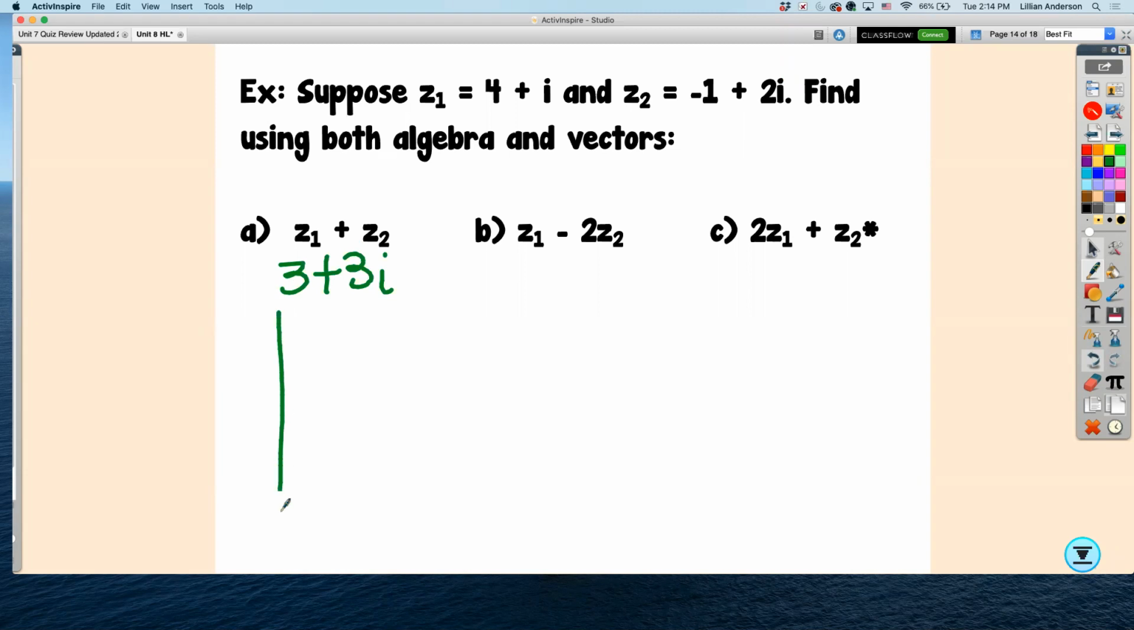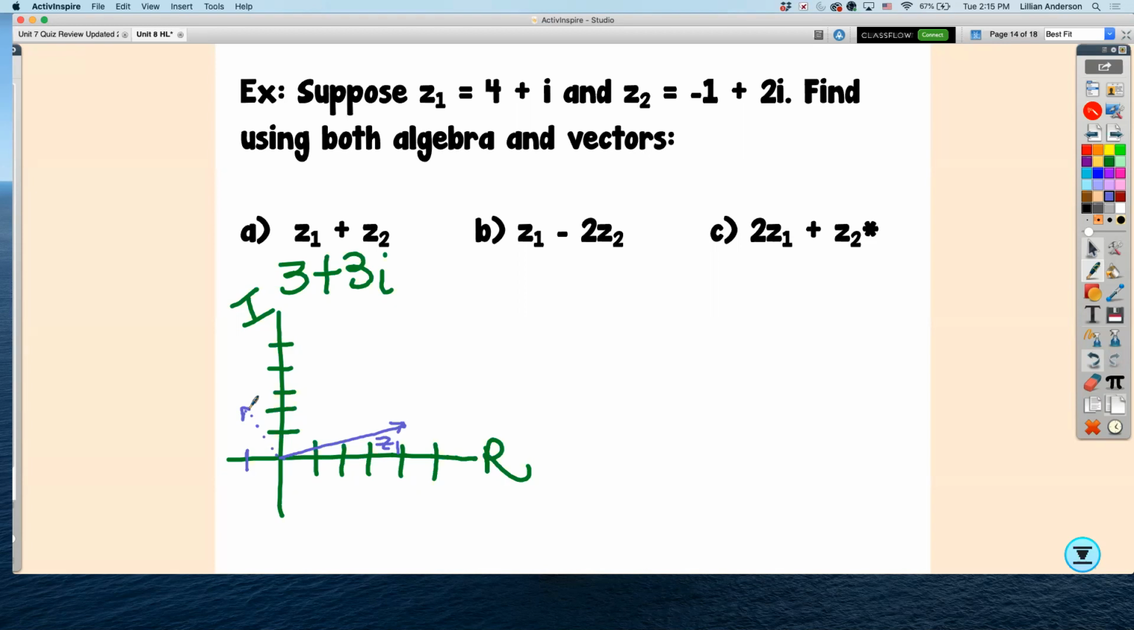Okay, so what does that mean? Well, if you take it back to vectors, this is our real, this is our imaginary. Remember vectors, we did this. Oh gosh, I'm so rusty. Z1 will be 4 plus i, so I'll go 4 over on the real, 1 up on my imaginary, and I will have this vector right here that will represent Z1, okay? Now Z2 would technically be negative 1 plus 2i, but if you recall